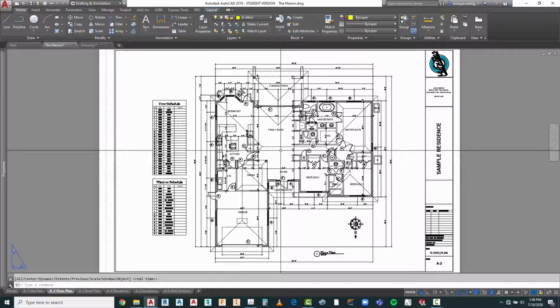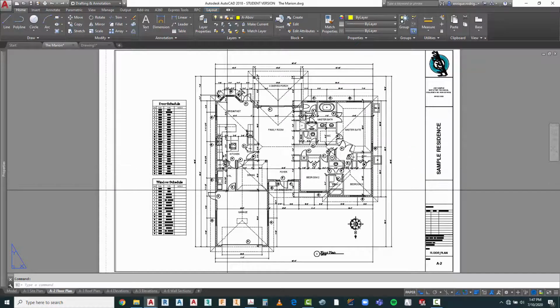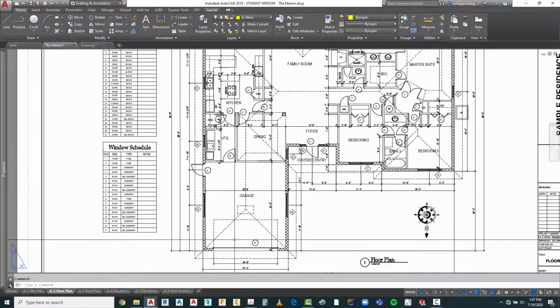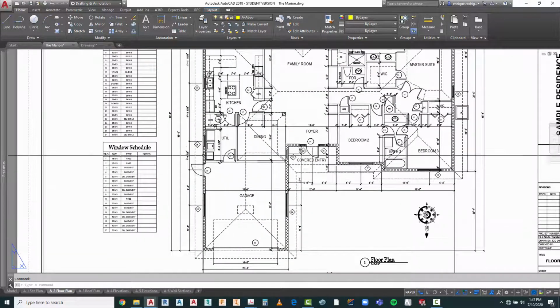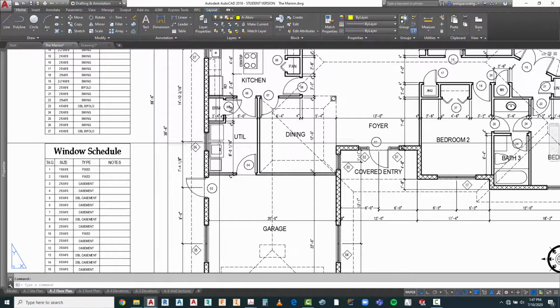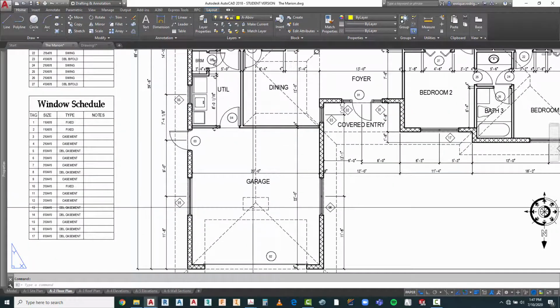The next thing that we're going to want to do is take a look at some of the items on the roof plan that we want to note. We'll be coordinating that with the elevations and with the wall section in terms of indicating what our overhangs, what our roofing material is going to be, etc. Now, having said that, I'm going to look back into here and I want to put one more piece of additional information in here. I forgot to label my washer, my dryer, my laundry tub, and including my attic access